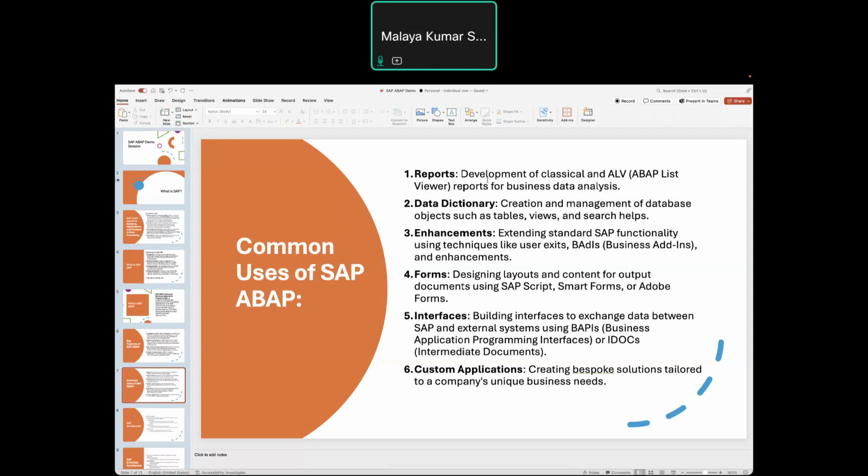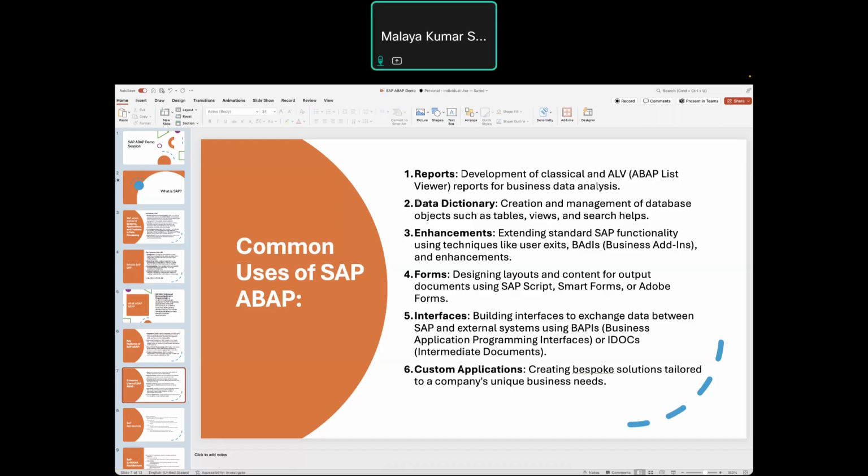Understood? So this is how your ABAP report will be created, and the data dictionary. So next is the data dictionary. The data dictionary is a managed part of your database: how you are creating data in your SAP, how you are saving the data in your SAP, how you are managing your data in the SAP.